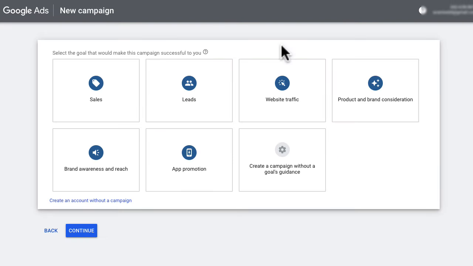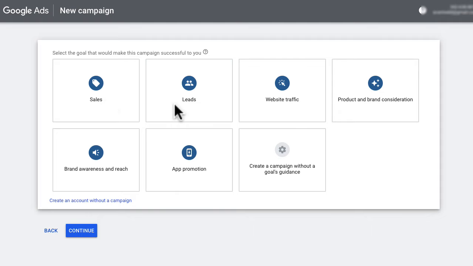Okay, once you click switch to expert mode, you're in the new campaign creation process. Over here under campaign goals, you want to select a goal that is relevant to your business. If you sell products or have an e-commerce store, you would select sales. If you're focusing on lead generation and collecting emails, select leads. You can select website traffic, but I usually select either sales or leads because I want conversion tracking in place